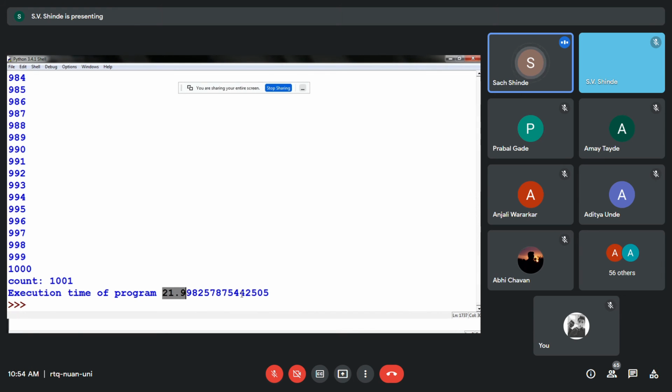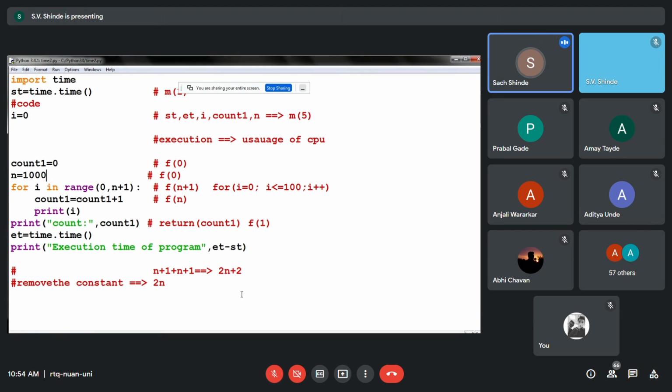Yes, participants, did you understand the significance of time complexity? So as we increase the load in the for loop and some additional instructions, over here we can say there is an increase of f(n).